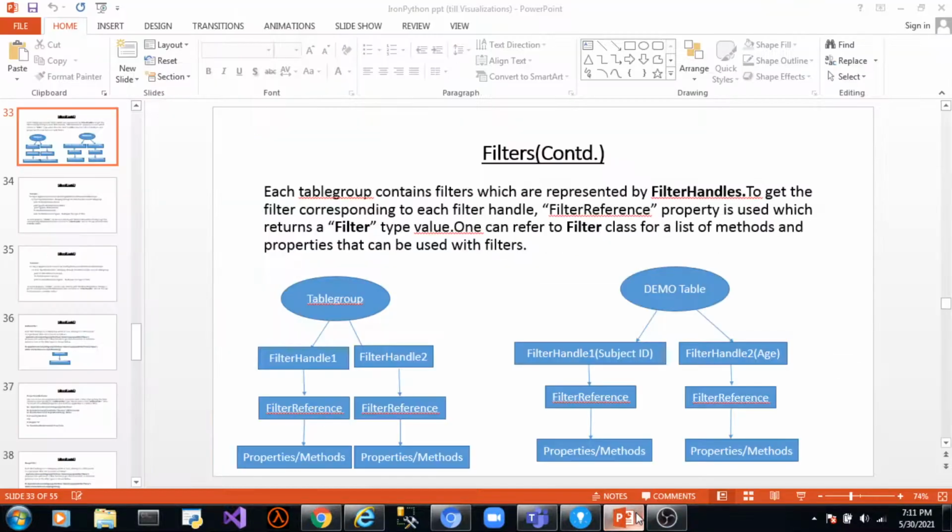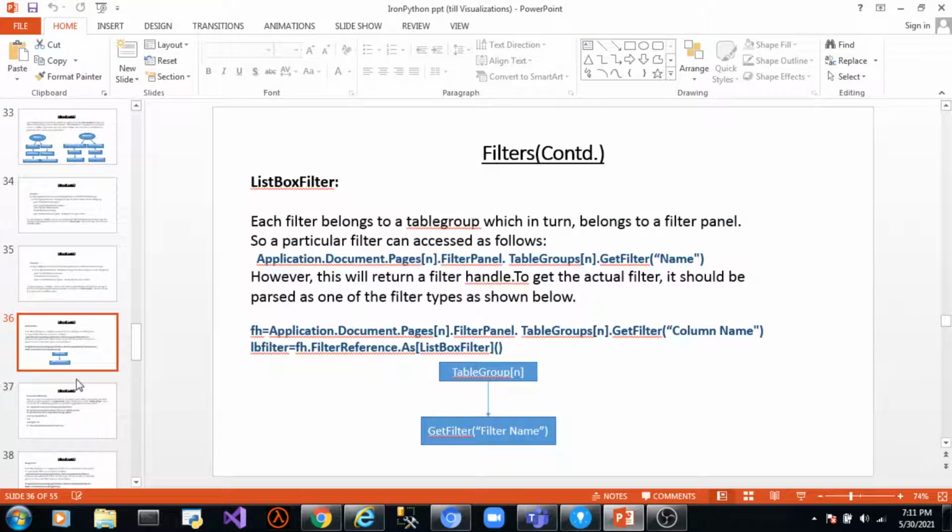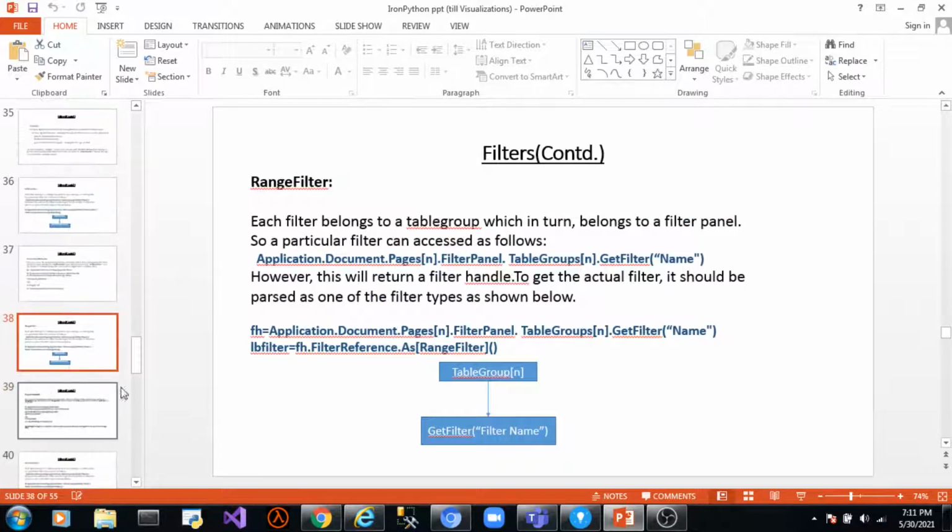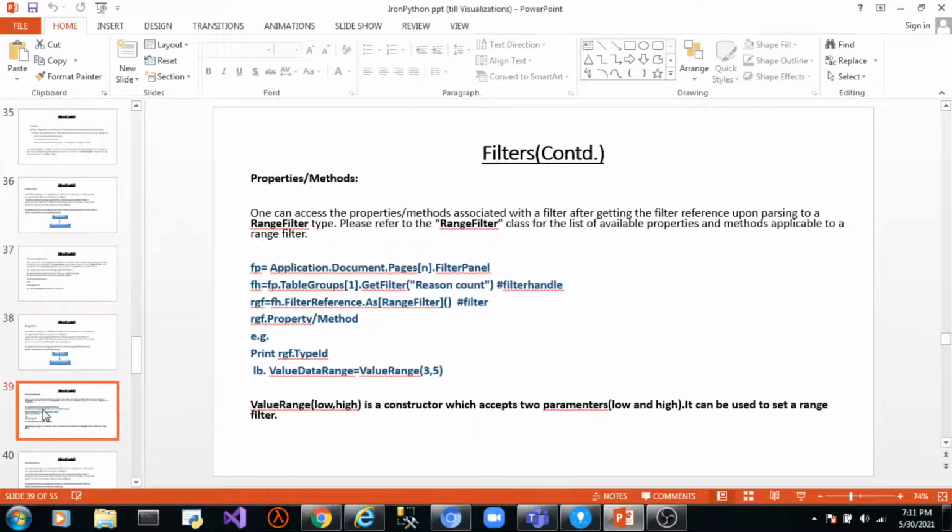If you go here, I have written this note here. Constructor is nothing but a function, a method which bears the same name as the class name. So value range is a method or a constructor which takes two arguments, lower value and the higher value that you want your range filter to be set to.